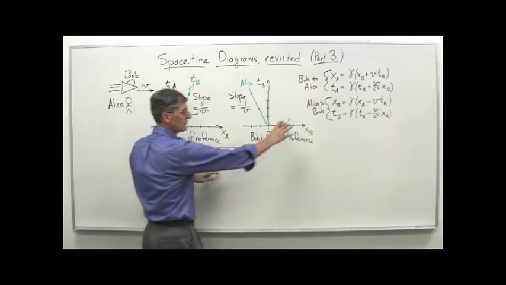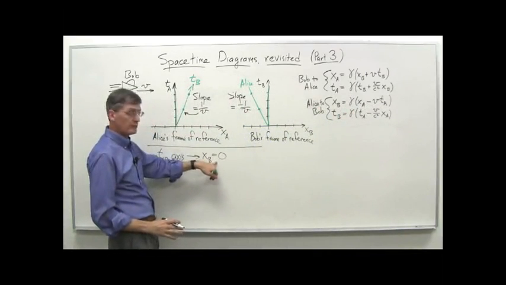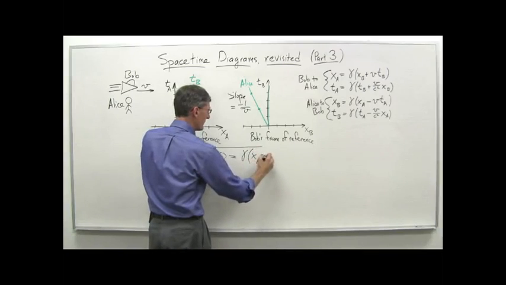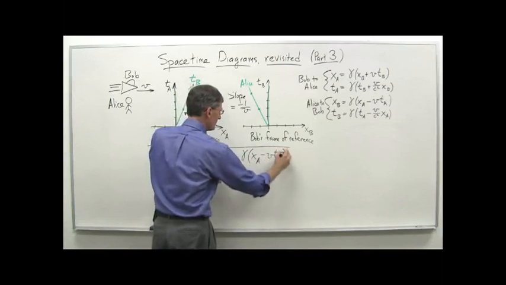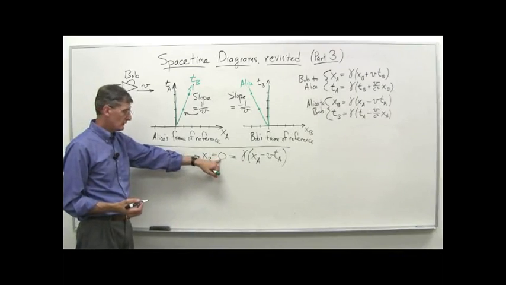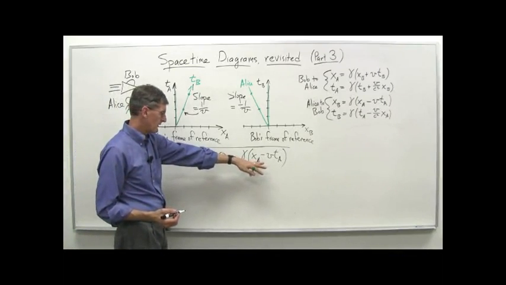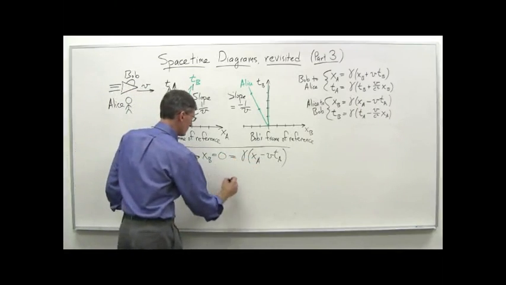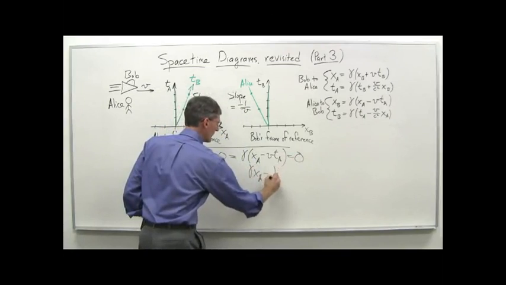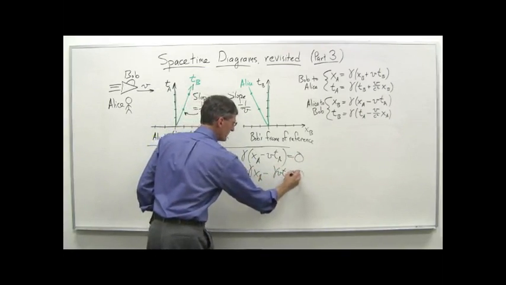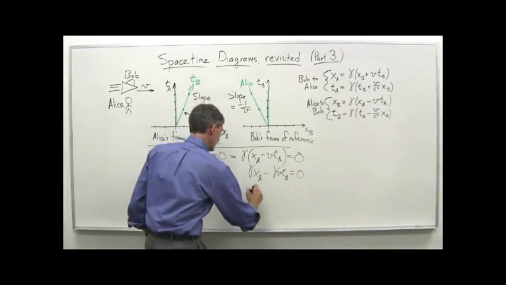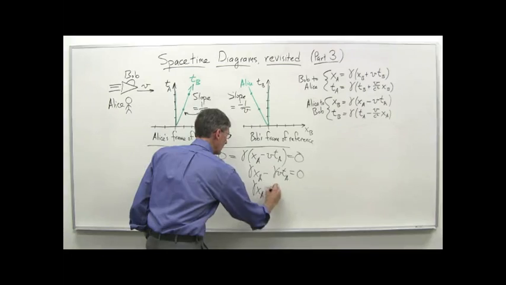In fact, XB equals gamma times (XA minus VTA). I've got XB equals 0. The Lorentz transformation says that's equal to gamma times (XA minus VTA). That's a true equation. And if XB equals 0, then we can see this thing equals 0. And that also means that gamma XA minus gamma VTA equals 0. Just multiply through by gamma there. And then bring this to the other side. So what that means is gamma XA equals gamma